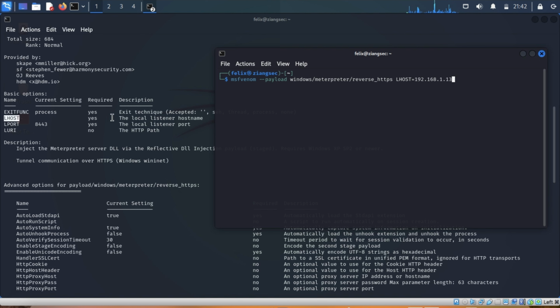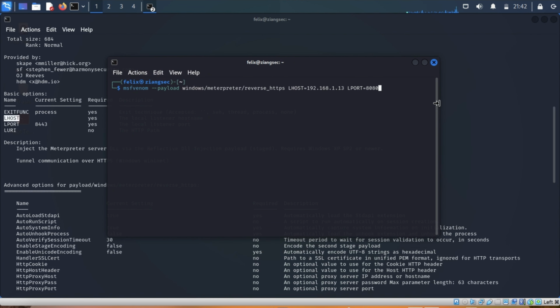And then, although we have the LPORT here, which is the local listener port, we will change that because we will be using 8080, which HTTPS will normally use. So to change, we have LPORT equals 8080,